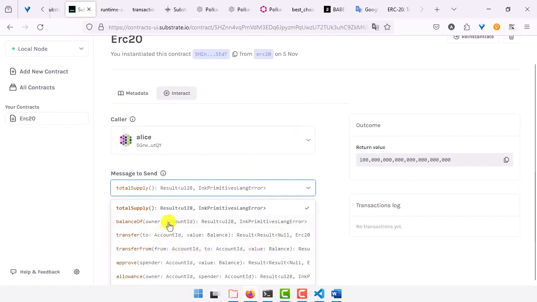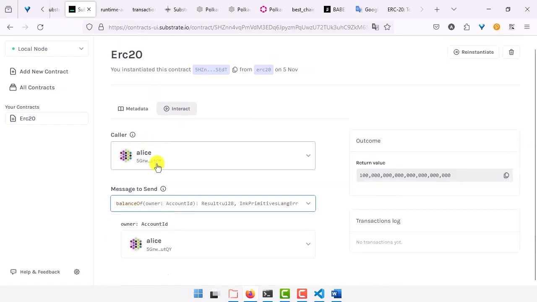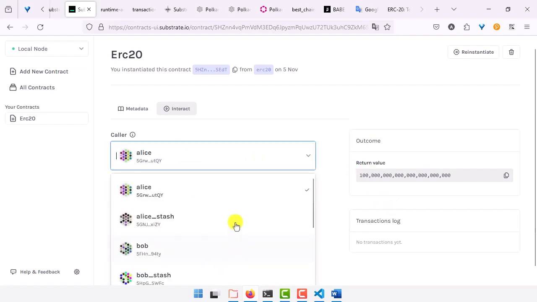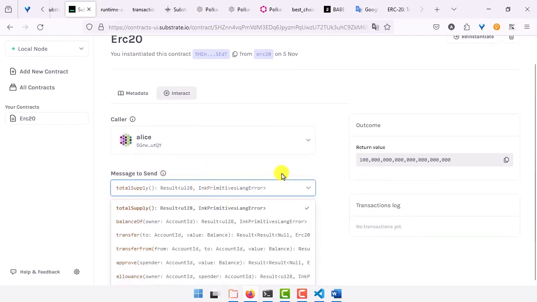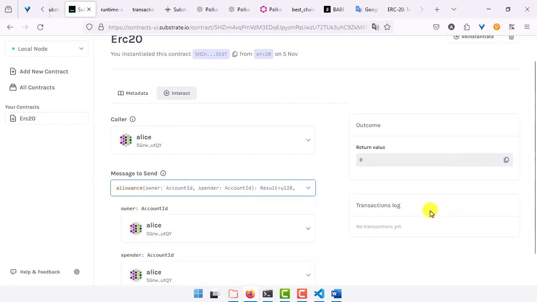But before that, for example, you can check the balance of Alice, because Alice is the owner, and obviously Alice will be the token owner and token supplier. After that, we can send a message. We can select a different method. Allowance is one of our important